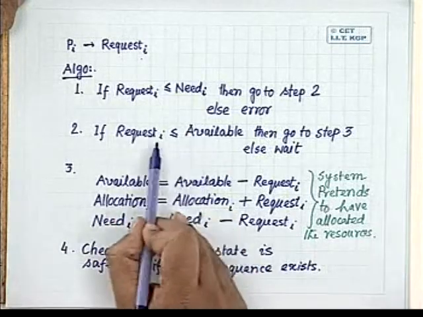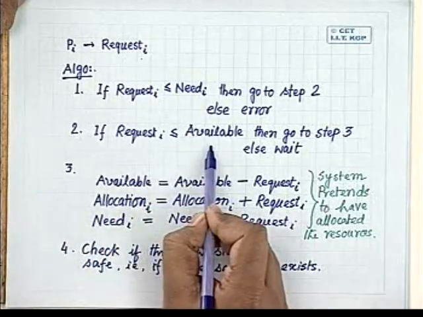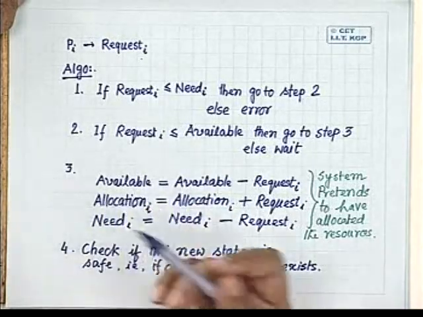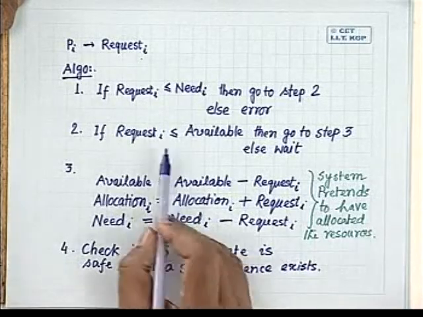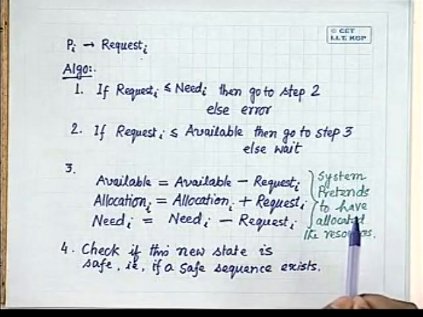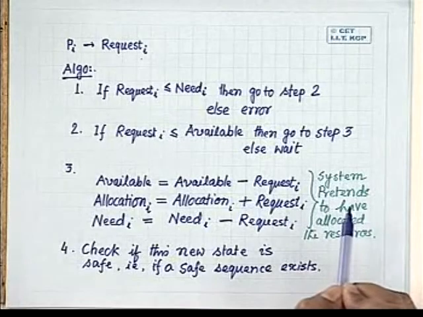Okay. So then we have two options. Request i is less than or equal to Available, because obviously if Request i is greater than Available, then the request cannot be granted immediately. The question does not arise. So the process Pi has to wait until further resources are made available by release of resources by other processes. Okay. So if Request i is less than or equal to Available, then only we can check whether this request can be immediately granted, or the process Pi will be asked to wait, to ascertain that allocation of these resources does not lead the system to an unsafe state.